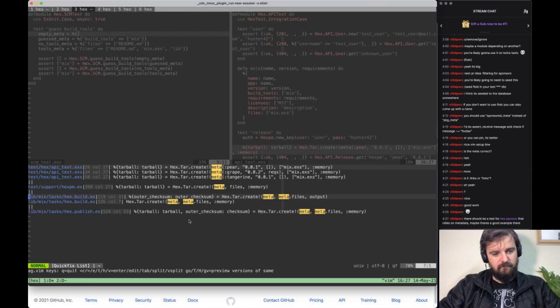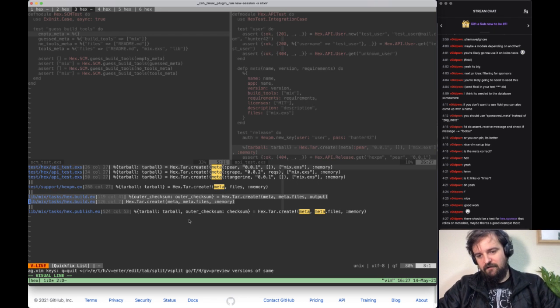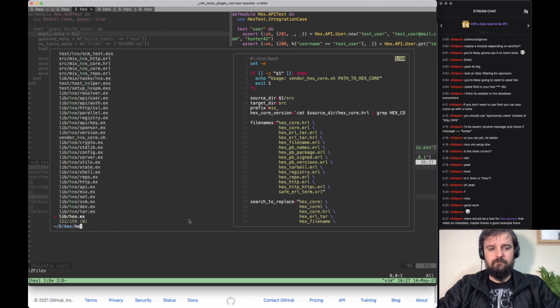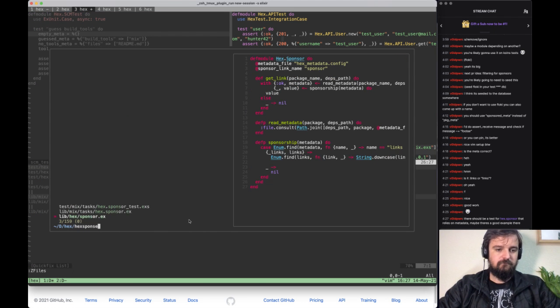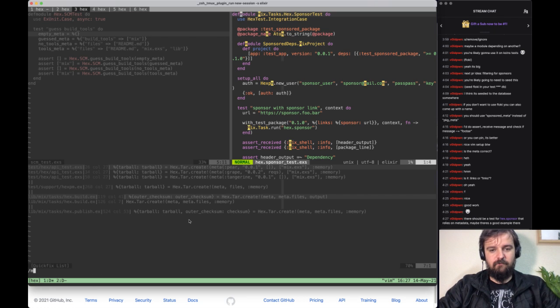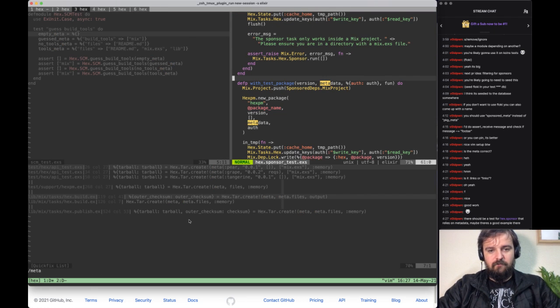Yeah, the hex build one is the one that actually saves the metadata to the tar, you know. So there should be a test for hex sponsor that relies on metadata. Well, very well observed with test package. Yeah, so it creates the metadata and in temp